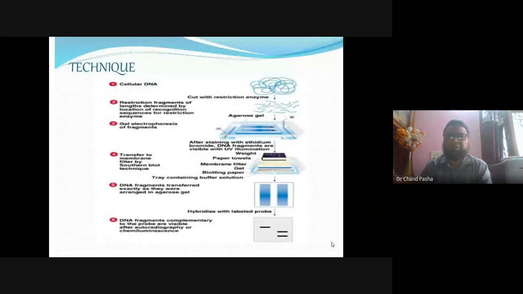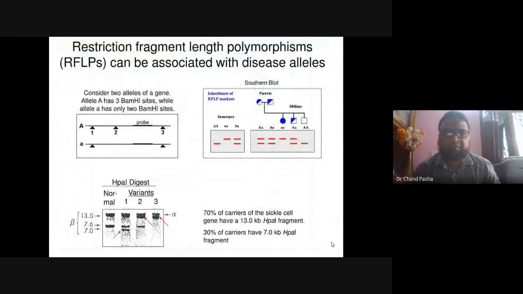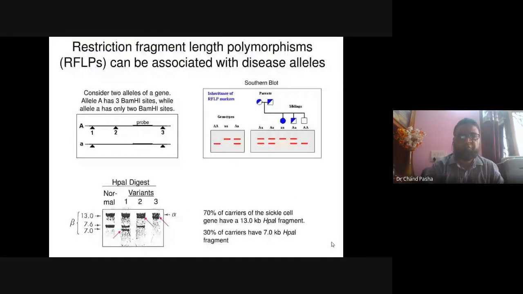This is very good, but the problem is the genomic DNA you have in hand. Suppose you got a criminal sample, a semen sample or blood sample, from the site of a crime, and you got a little amount of sample. You isolated the DNA and tried to do the RFLP, but the DNA sample is very little, and it may have been there a week back, so very little DNA was isolated. So RFLP is not possible in that case. Before going to AFLP, one more example.